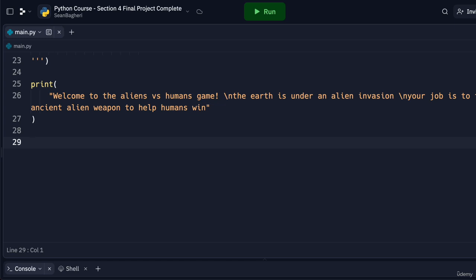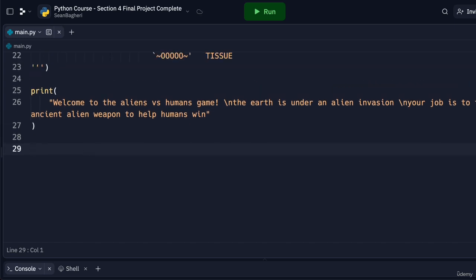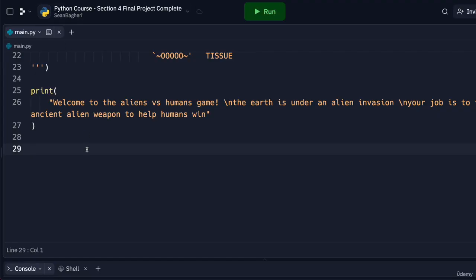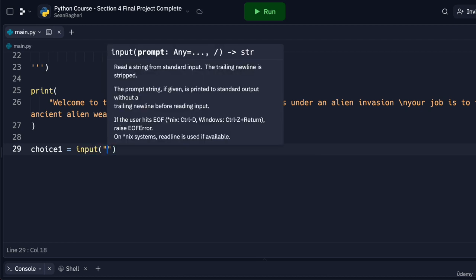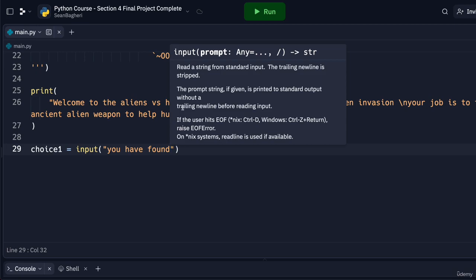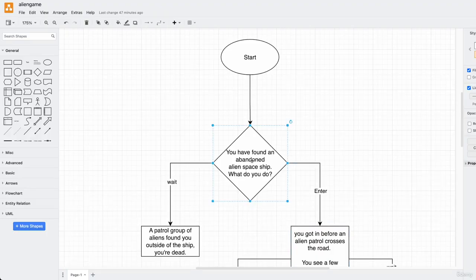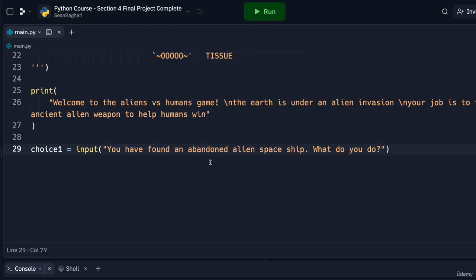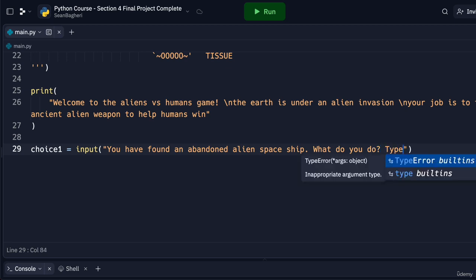One of the things I want you to remember is that you're going to see even me make mistakes here. Again, the indentations are everything with this particular practice. All right. So choice 1, I'm just going to start with a simple variable. We're just going to say input, and we're going to say you have found. I'm just going to copy it from here, so we don't waste our time typing. So we're just going to say you found an abandoned alien spaceship. What do you do? Type enter,